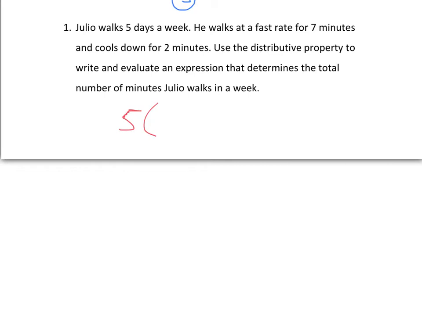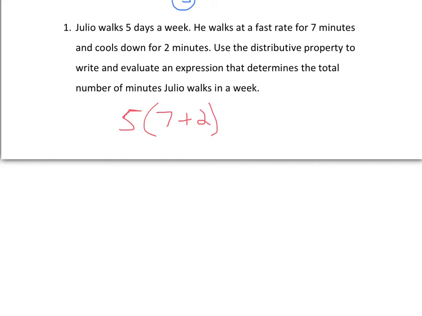The fast part he walks for 7 minutes, and the slow part he walks for 2 minutes. So you got 5 times the quantity of 7 plus 2, because this is each day he was walking 7 plus 2 minutes, and he walks 5 times in 1